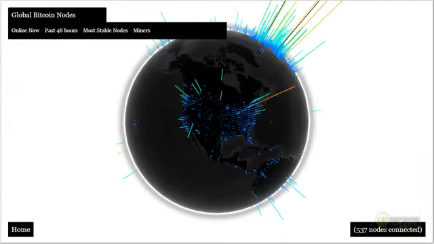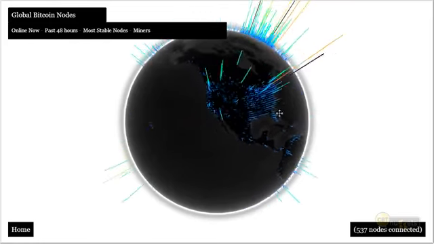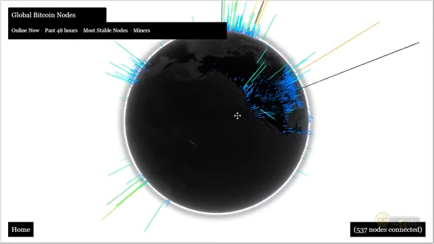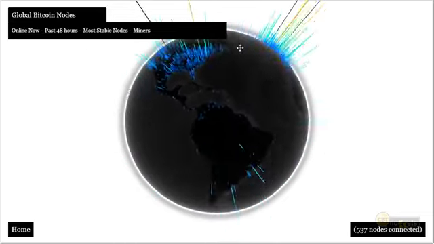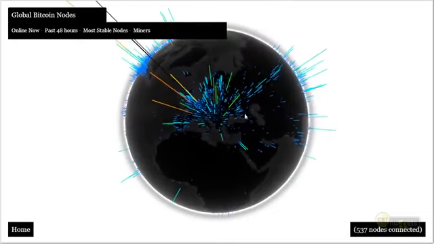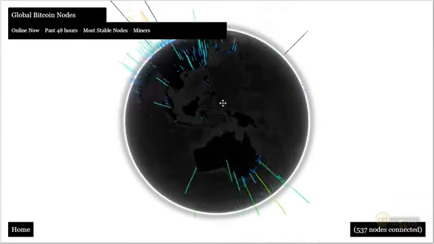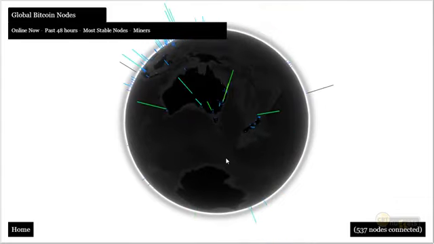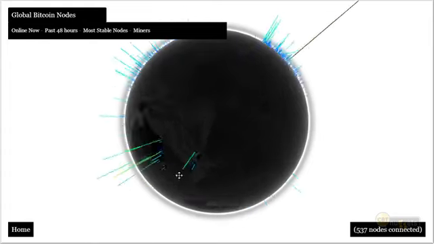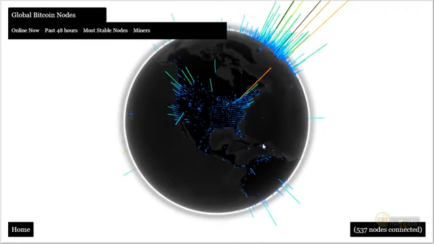Another really fun page I'd love you to check out is blockchain.info/nodes-globe. And you can actually scroll this one around. So it shows every part of the country with little indicators regarding the miners who are doing work. And if you scroll across, there's North America and South America and Europe and everything else. It looks like Africa doesn't have quite as much activity as other parts of the world based on the computing power that they've got going for Bitcoin. So there we have Australia and New Zealand, and they've got some activity there. And it's just kind of fun to take a look at who is doing the actual mining work around the planet.